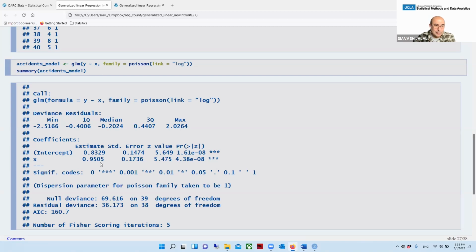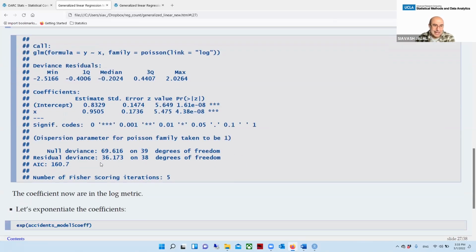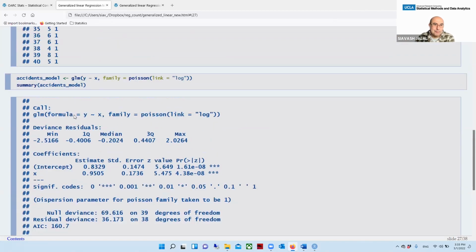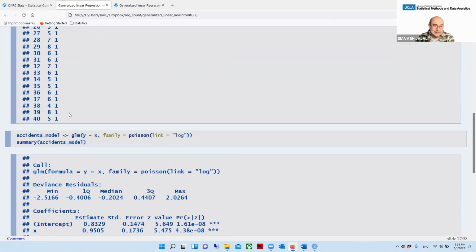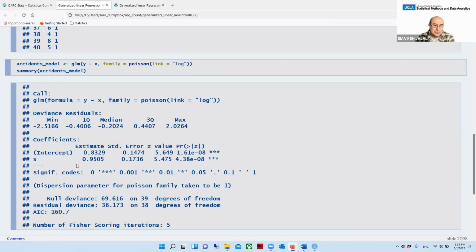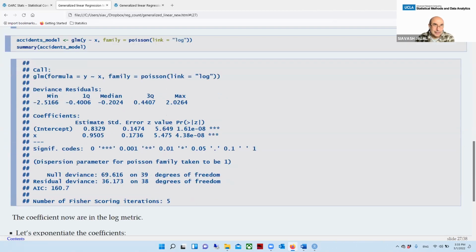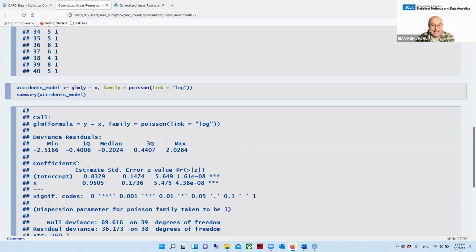Now, we can still interpret that going from a sunny day to a rainy day, right? So the log of rate of